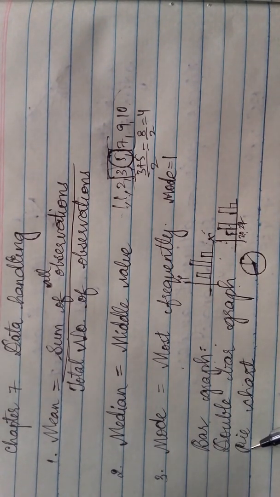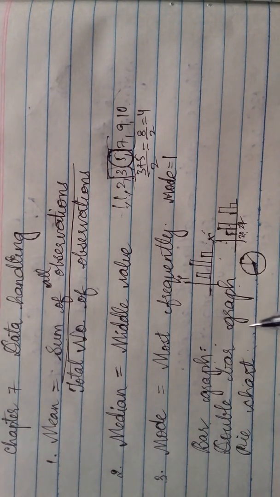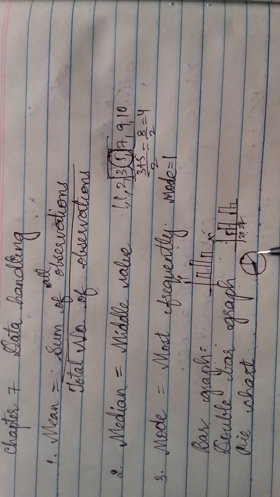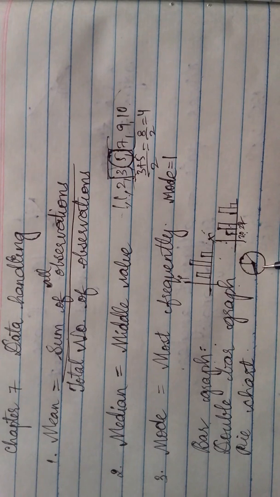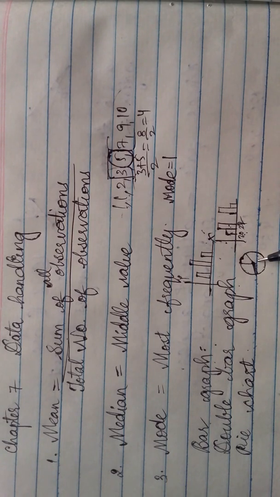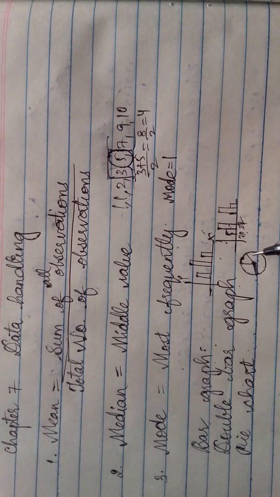Then we learn about the pie graph. A circle is divided into sectors. Each division is called a sector to represent the given data. Angle subtended by the sector at the center of the circle is directly proportional to each observation. The angle formed in the circle here is 360 degrees, and that 360 degrees is divided into sectors. Understood, children? Now let us revise exercise 1.